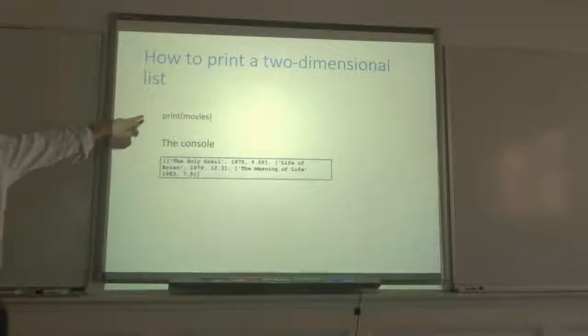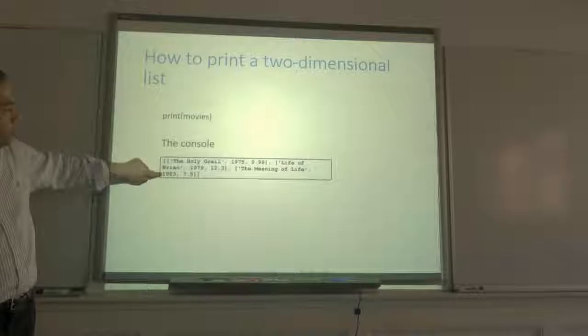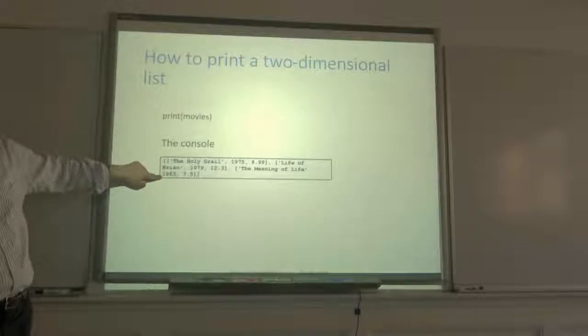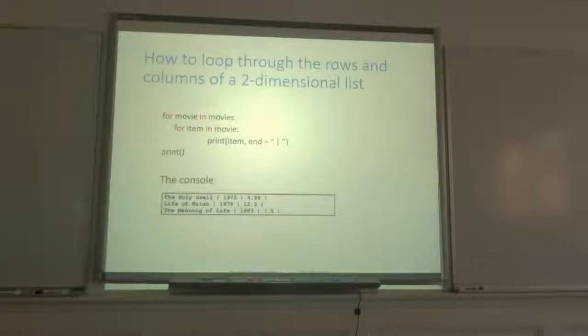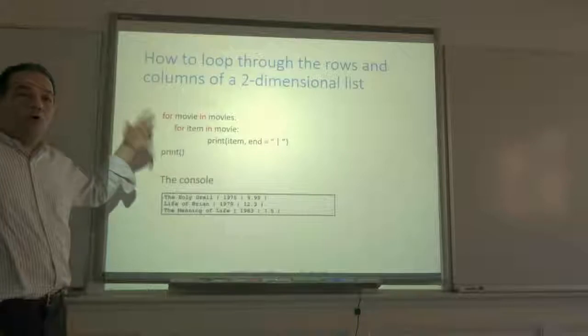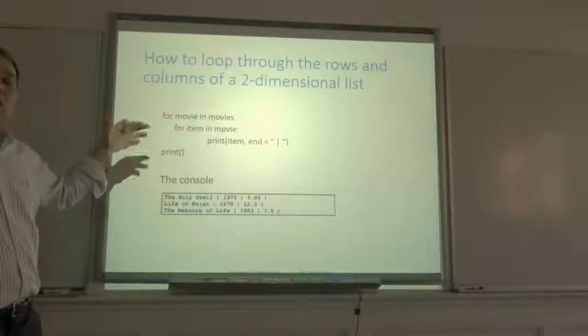The same thing to print it is print movies, it will print it for you in a nice format. So it's in a nice format in here. How to loop it through the rows and columns of 2 dimensions. Very simple. So we learned that from all our programming languages. How to loop it through